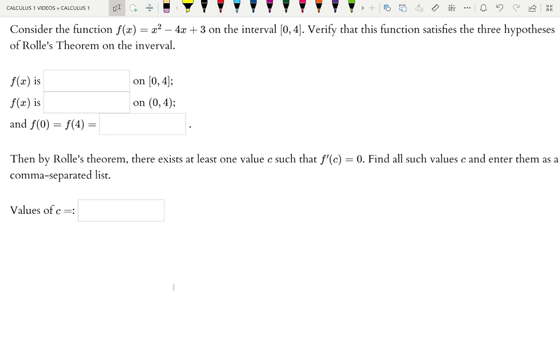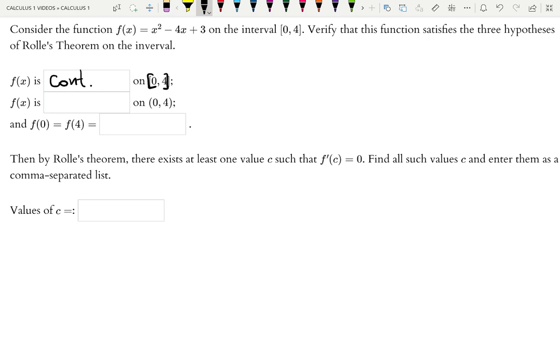Consider the function x squared minus 4x plus 3 on the interval [0, 4]. Let's verify that this function satisfies the three hypotheses of the Rolle's theorem, and then we're going to use the theorem. Well, the first thing we need to check is that f of x is continuous on the given interval, including